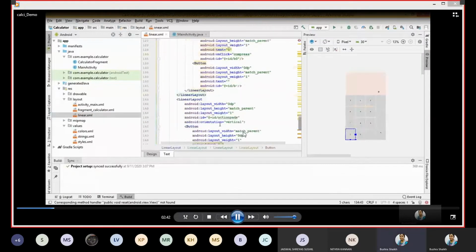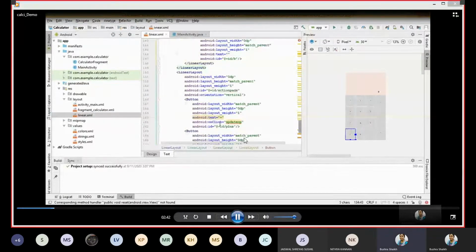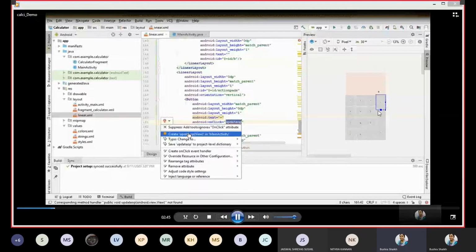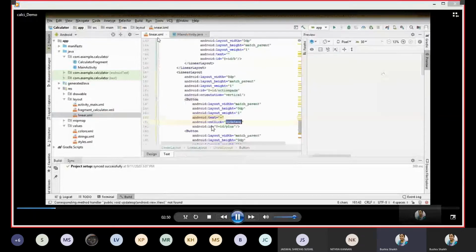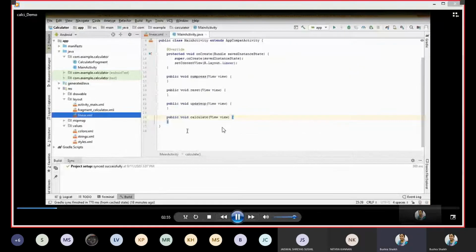After reset, we have added update operation to plus and minus inside their onClick attributes, and the calculate method we had called inside the equal to. So I hope you have understood that these four methods serve four different purposes.